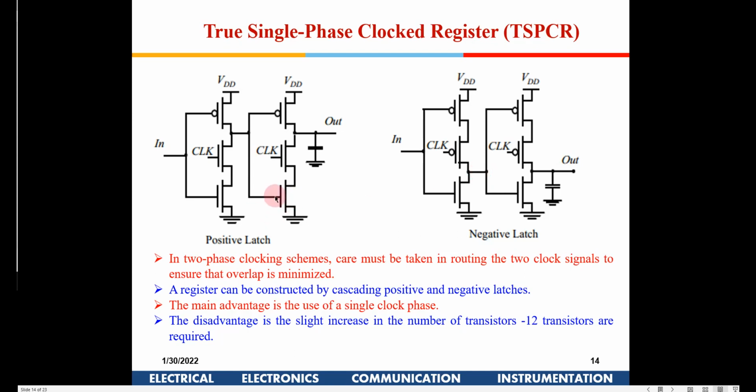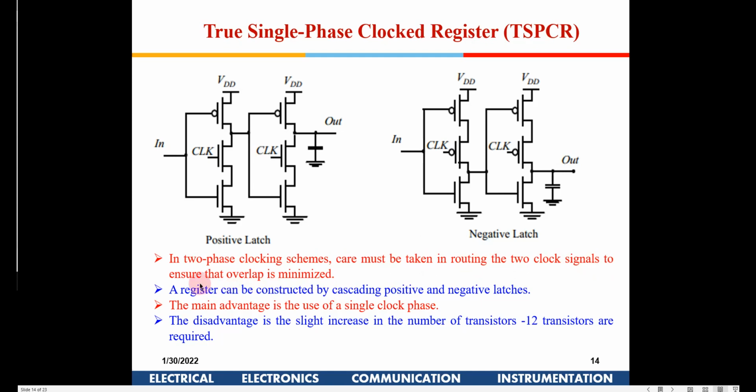So you have a positive latch and a negative latch. When we cascade these two, it will act like a flip-flop which is triggered at the negative edge. Now if you want a positive edge triggered flip-flop, then the positions of these two have to be swapped. Okay, so now here, in two-phase clocking schemes, care must be taken in routing